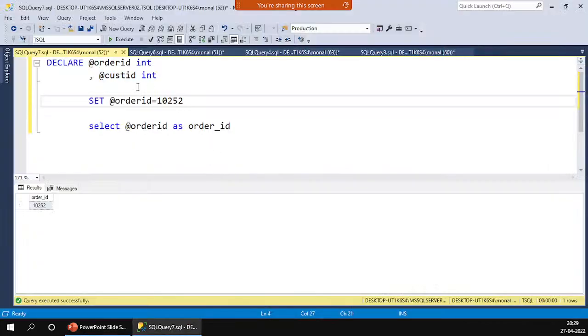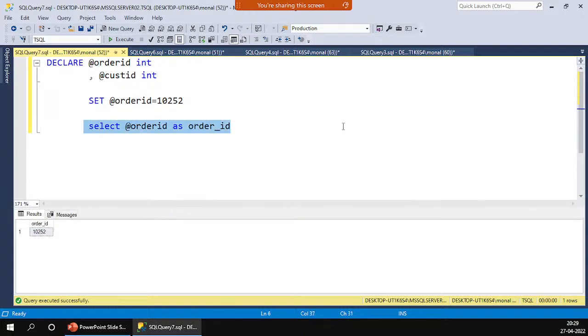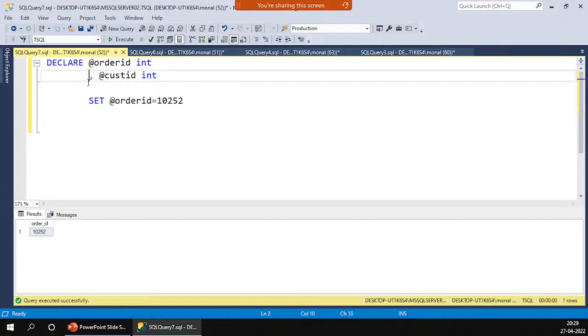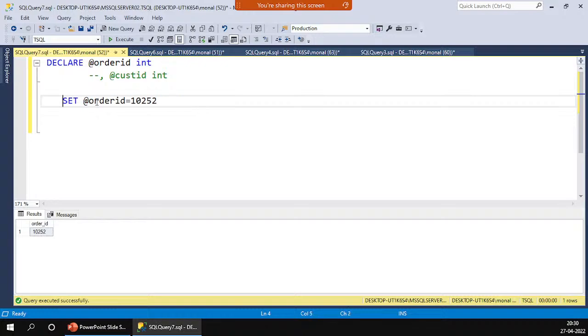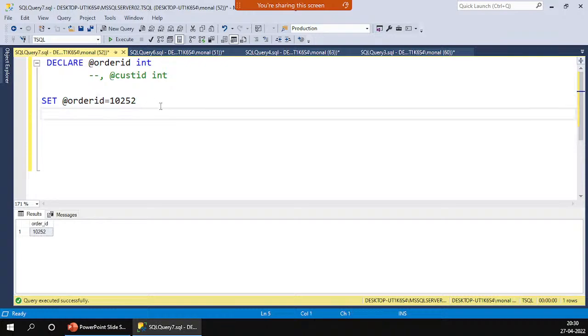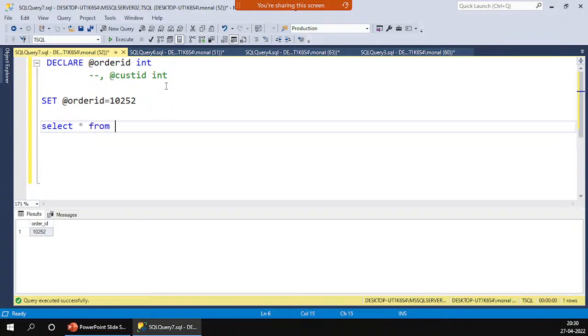Now what can we do? We will try to use this variable in our SELECT statement. I'm not using this customer ID, so I will put a comment on that. I want the order details whose order ID is this one. So how can I get that? Just SELECT * FROM Sales.Orders